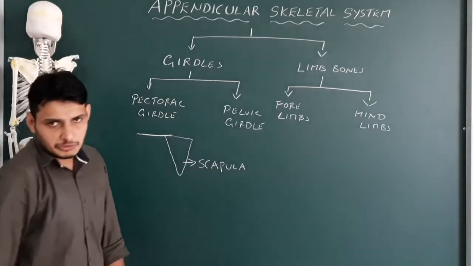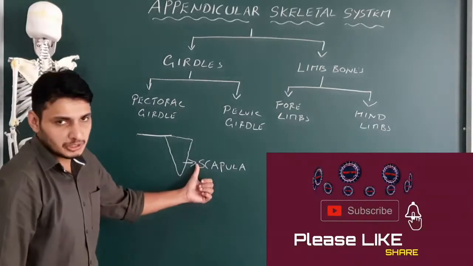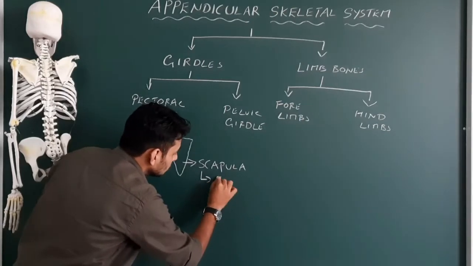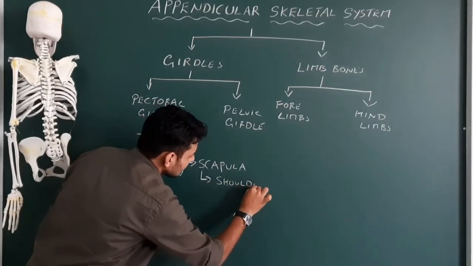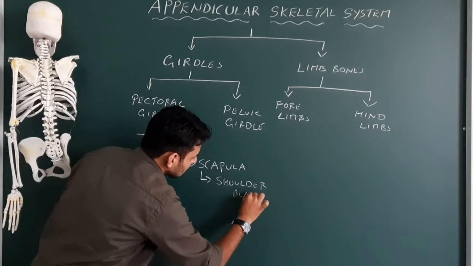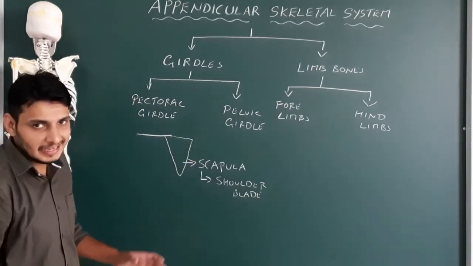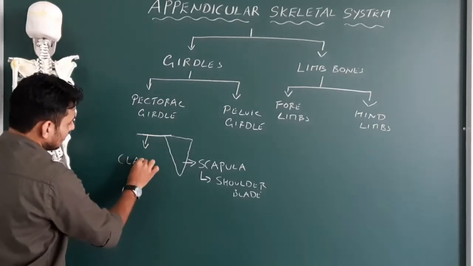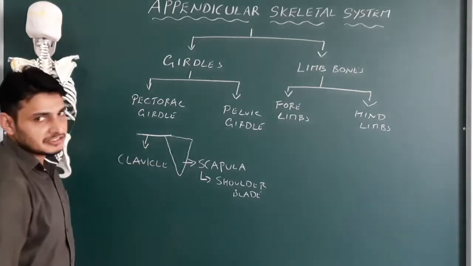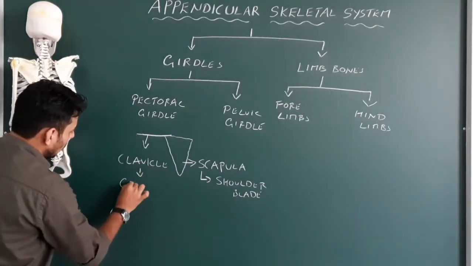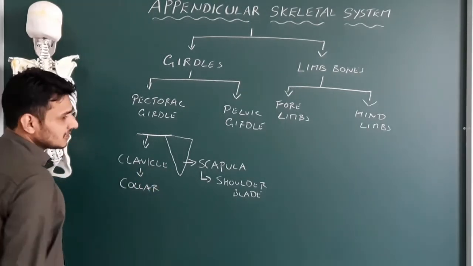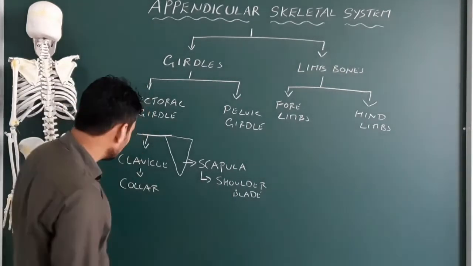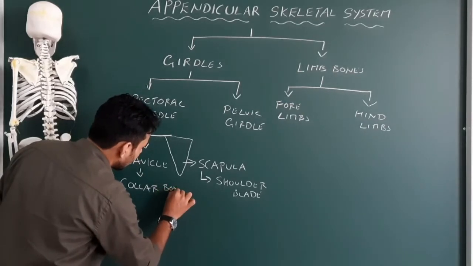It has got one more name also, it's very easy to remember. Scapula starts with S, capital letter S, so this can also be called the shoulder blade. I can also write this as shoulder blade. And this one is called the clavicle, which starts with C, and it is also called collarbone. Collar also starts with C, no confusion here. If you get any question related to this, it's very easy for you in the competitive examination. So we just write collarbone.